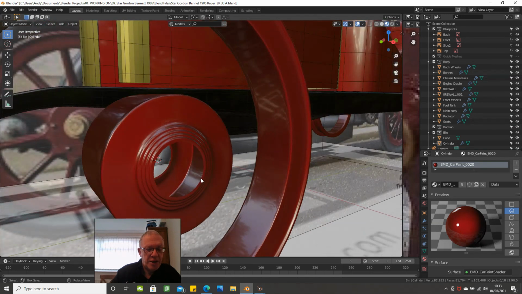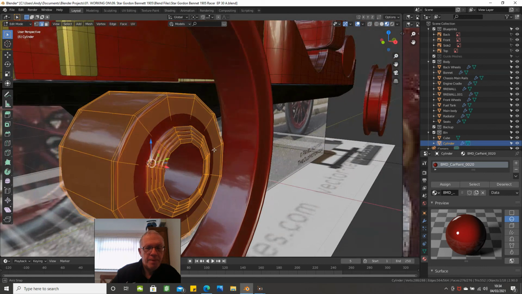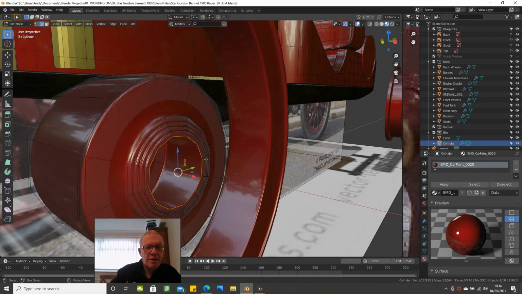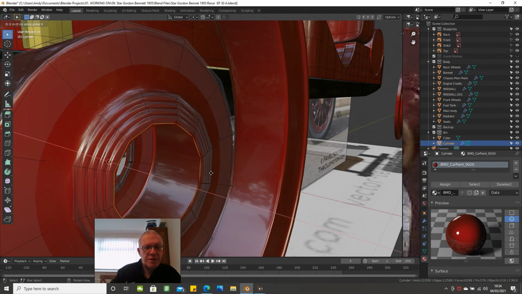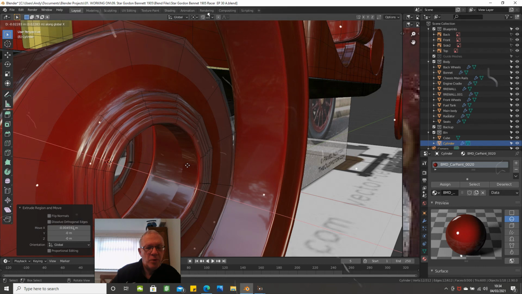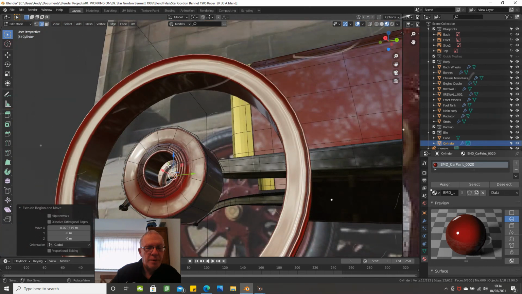But essentially it's there. One last thing before we go is go into edit mode, grab this line here, so make sure you're in edge select up there, click this and just press E and X. Just take it in a bit, and then E and X and take it in a bit more, so we're onto the edge there. Okay, so it just adds an